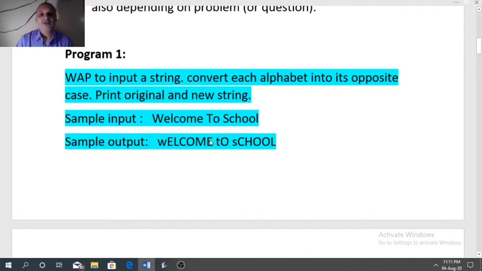The same thing applies for the other two words also. And wherever we have space between welcome and to, and between to and school, the space remains unchanged.